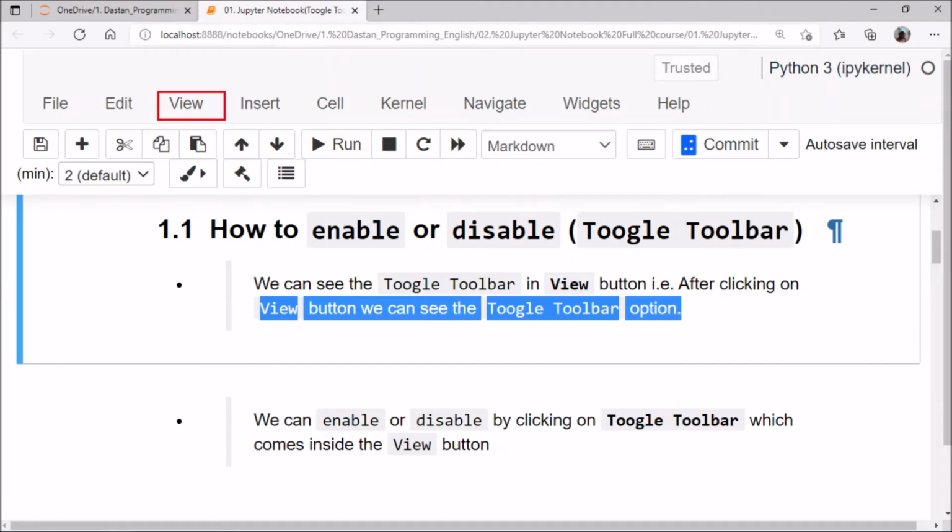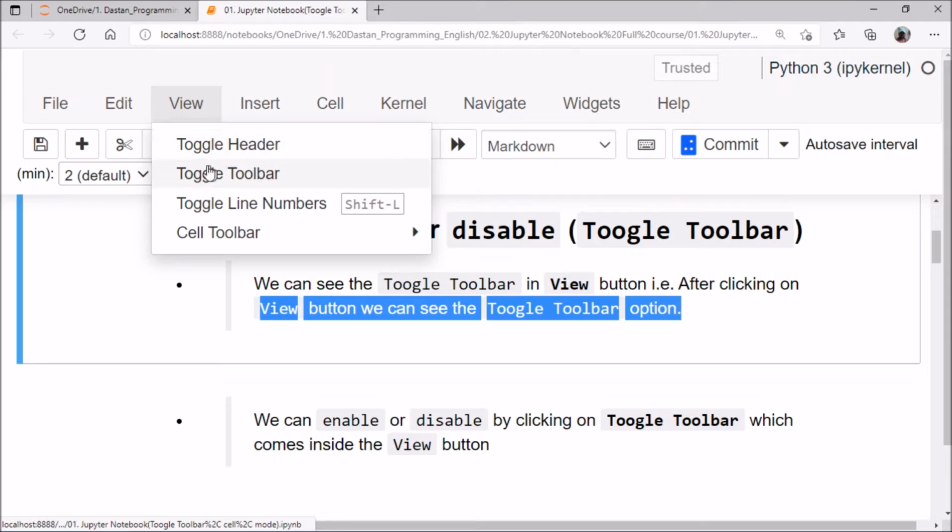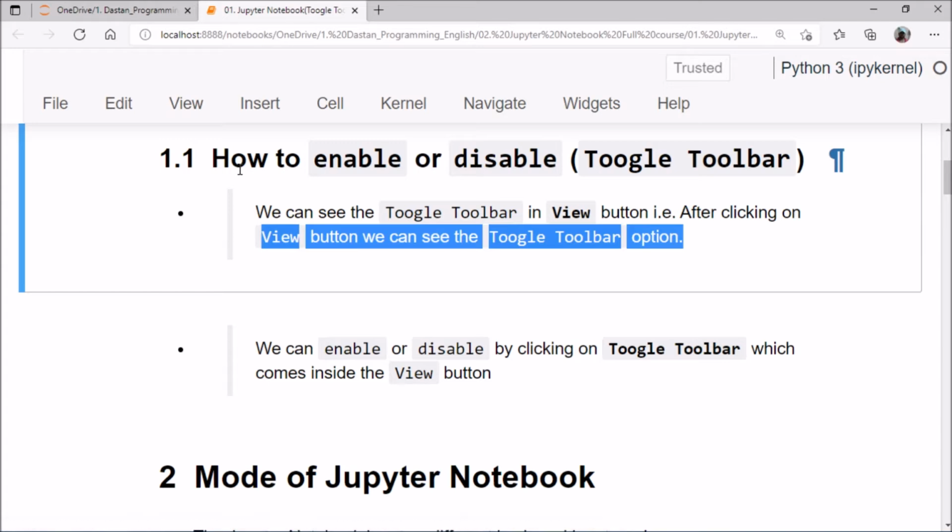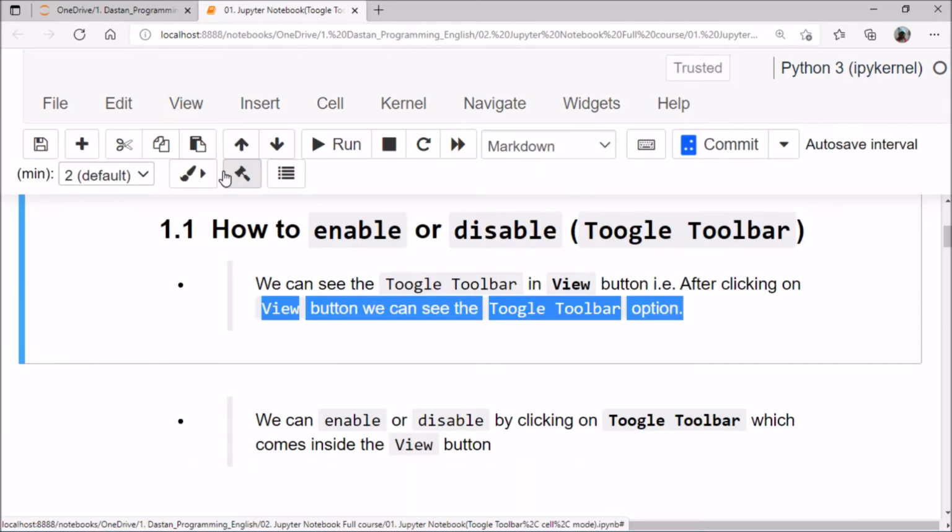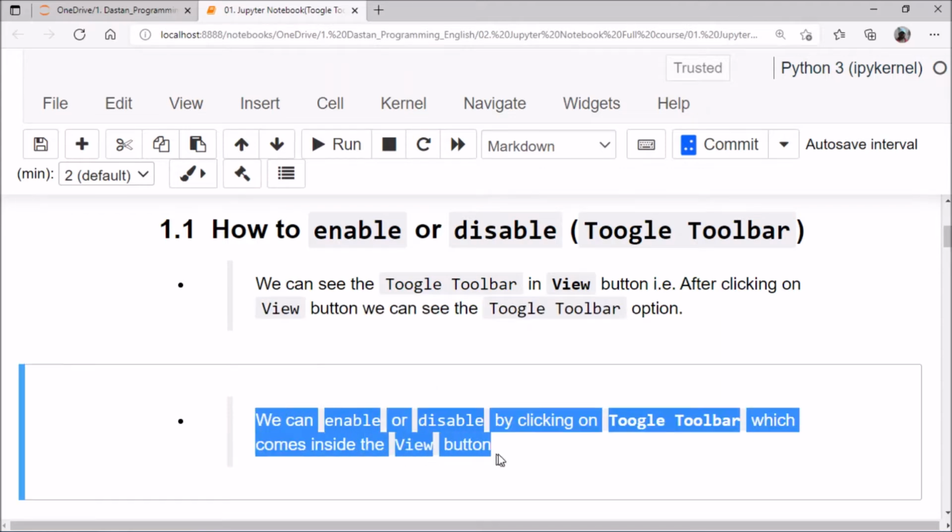After clicking it we get the toggle toolbar here. By pressing this, all the toolbars are gone. This is disabling the toggle toolbar. When I click on the toggle toolbar again, it will be enabled. So we can simply enable and disable it by clicking on the toggle toolbar, which comes inside the view button.